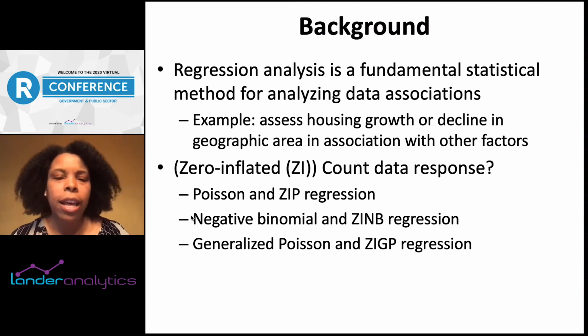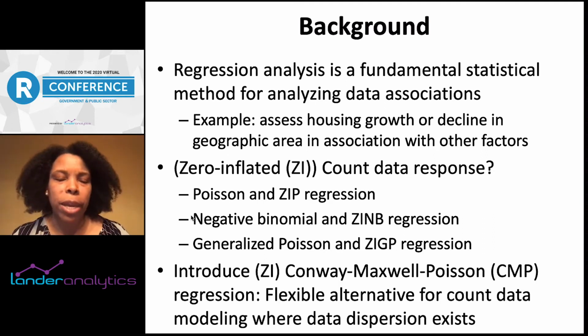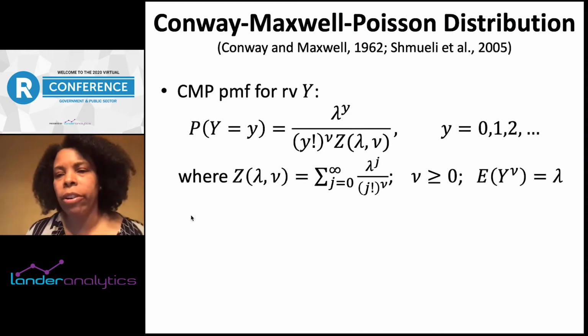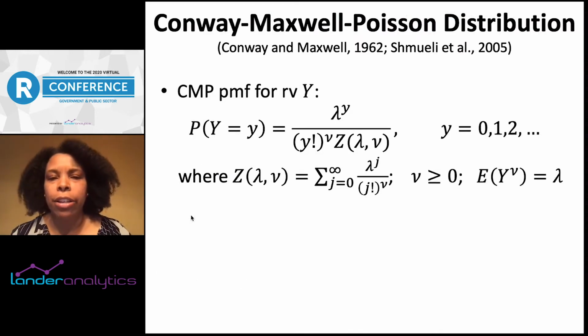More broadly, if we consider over or under dispersion, where with under dispersion, the variance is smaller than the mean, then one such choice to allow for such flexibility would be through a zero inflated generalized Poisson distribution. However, it's worth noting that this model can express some peculiarities and issues under certain conditions. And so it promotes the idea of me introducing yet another alternative flexible model for count data, namely the zero inflated Conway-Maxwell-Poisson.